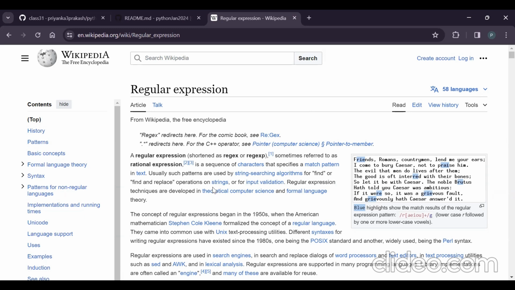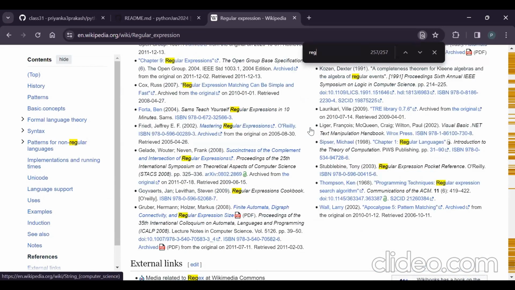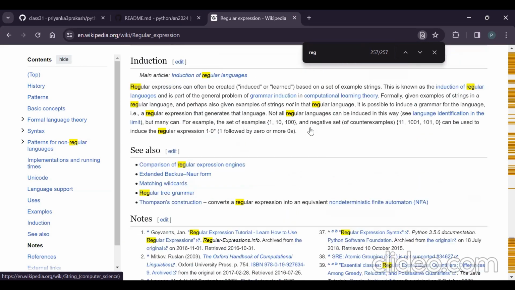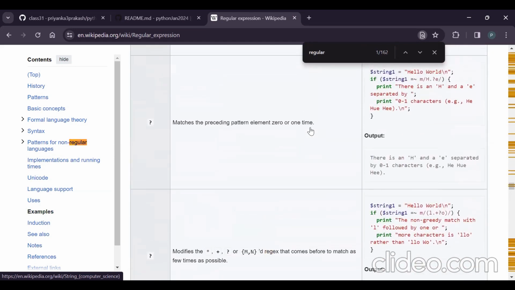It is doing regular expressions on a larger scale. Say, simple: if you do a Control F, searching for some words, how is the search happening? It goes through each of the characters within this page and tries to search, right? So if you want to check for a word called regular,